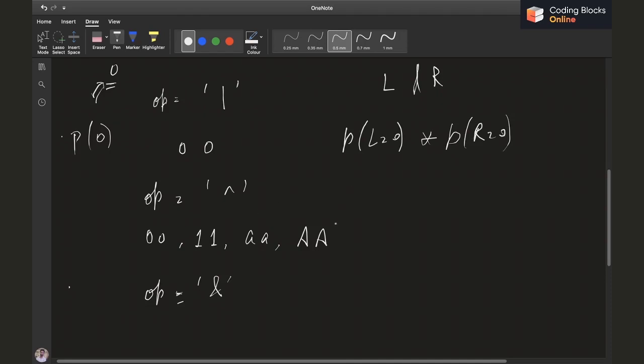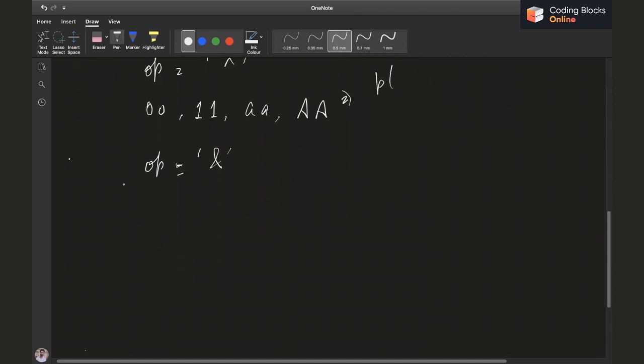And if we see the operator equals XOR case, can I say that my final probability will be equal to P(L equals 0) into P(R equals 0)?